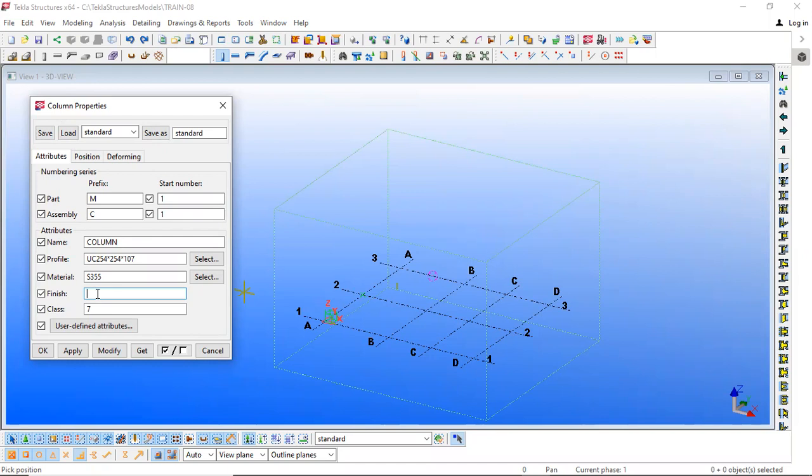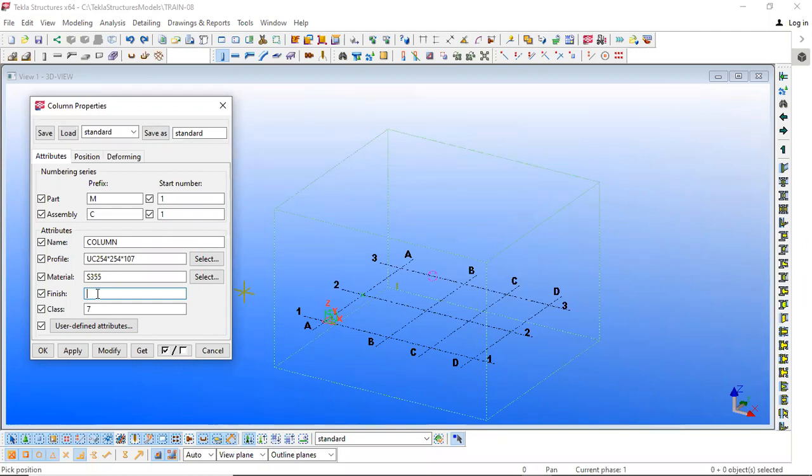Say it has very high temperatures, then we need to have fire protection for the steel. All those things we need to mention here in finish, so that the fabricator will be aware. Whoever is fabricating will be aware that this member has some finish, some paint finish is given, so he is to apply that finish or coat to that member.